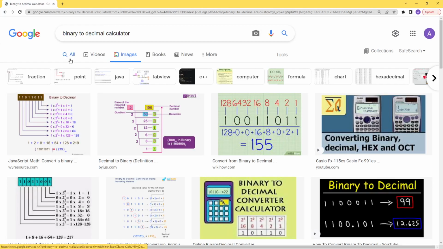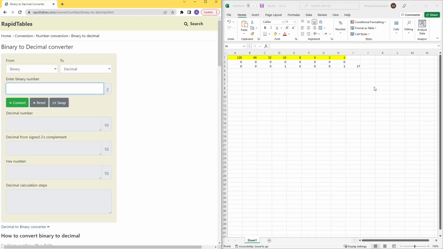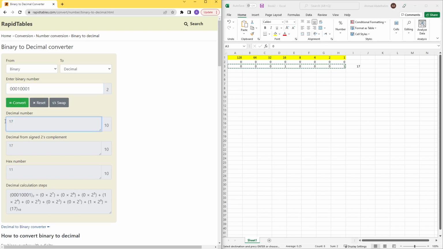I will open this application and copy this data, which indicates the binary value. I assume that this value would equal 17. So I need to remove the spaces. When I click convert, the value will be